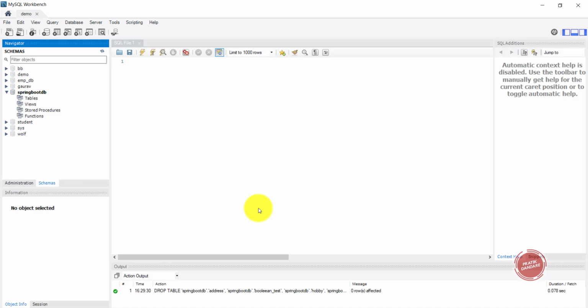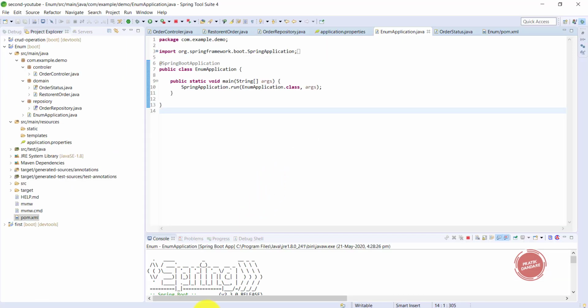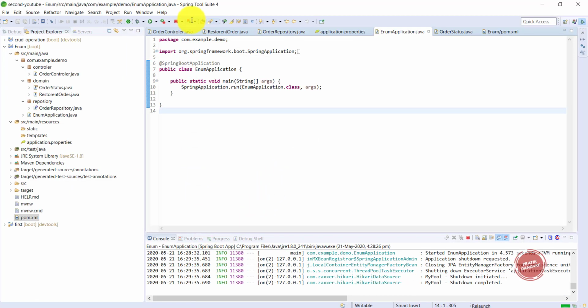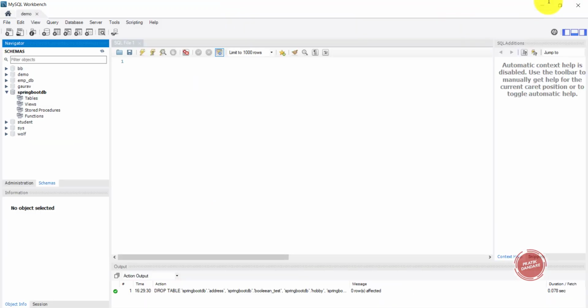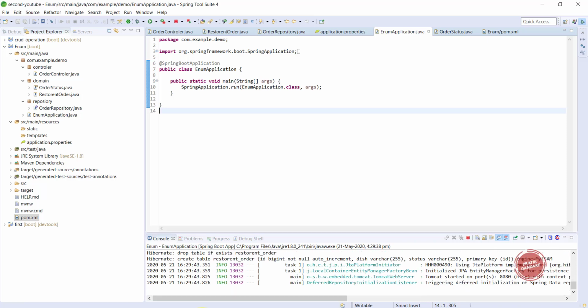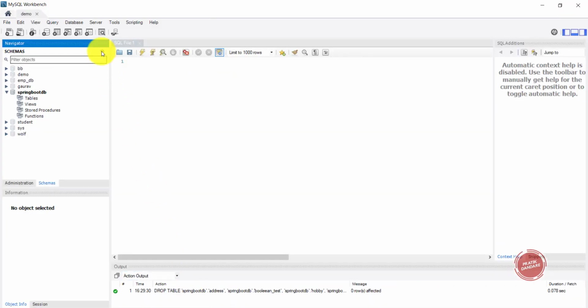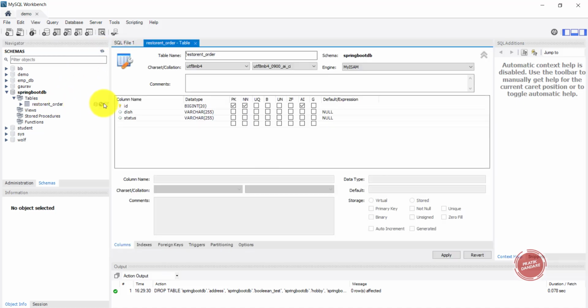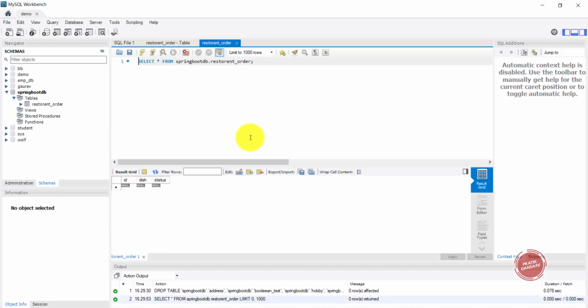Let's run our project once again so it can regenerate the table for us. Okay, the table is generated. This is our actual table, which contains id, dish and status.